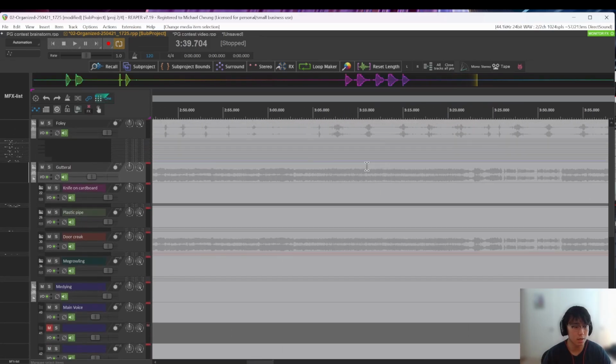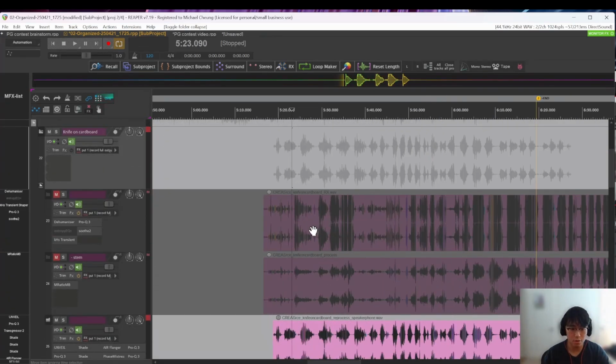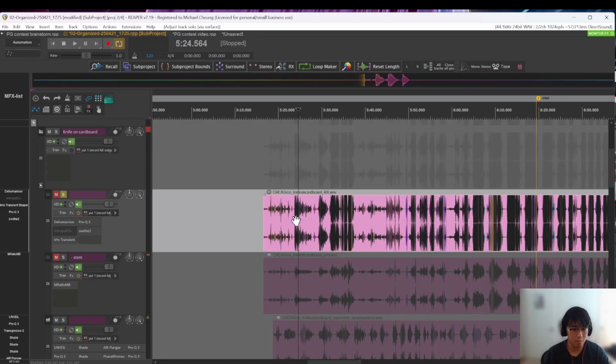Now on to the guttural movements. There are 4 main recordings where I tried to get this kind of effect. We have the knife scraping on the cardboard. We have me blowing into the plastic pipe, and recordings of a door creak, and also just me making weird mouth noises. So to go through the knife on cardboard,